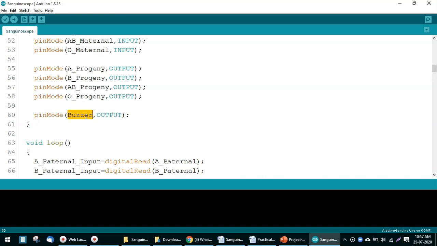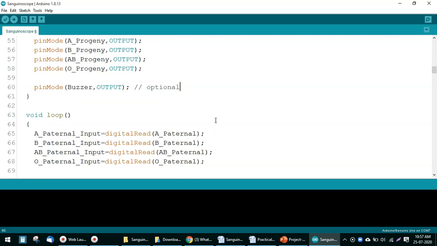So whenever the buzzer rings, simultaneously the LED will glow. I have written over here that this buzzer is optional, and you may not connect the buzzer, and you can just check the status of the LED connected at pin number 13. So the buzzer is optional.